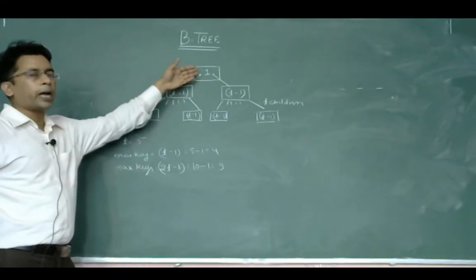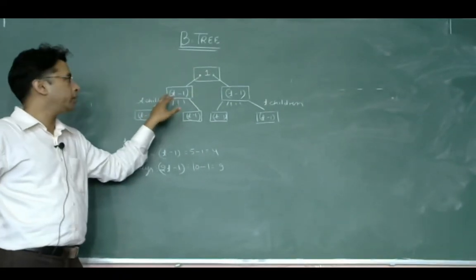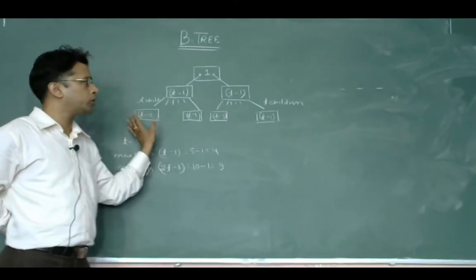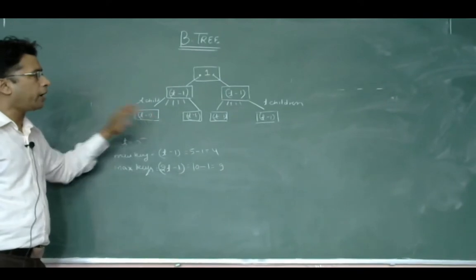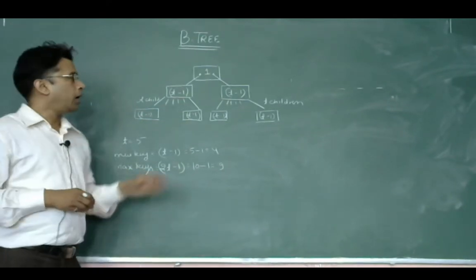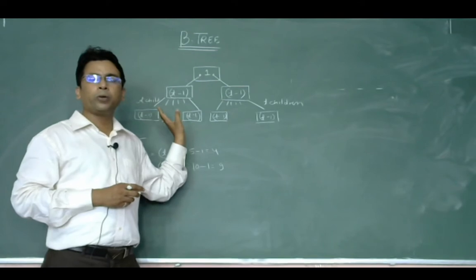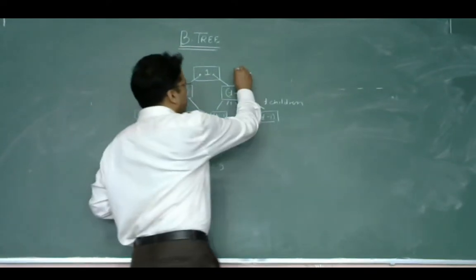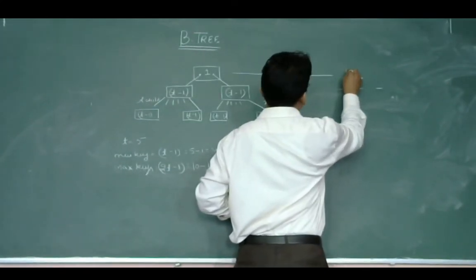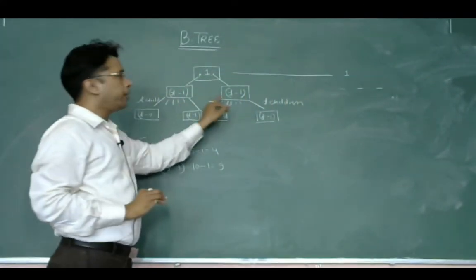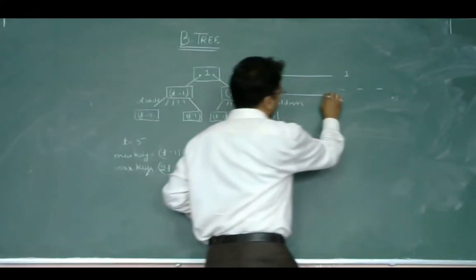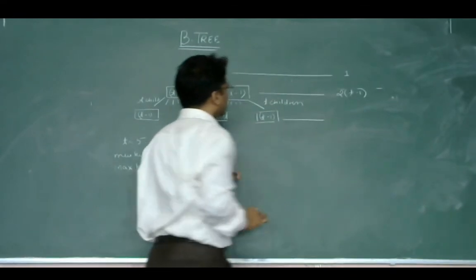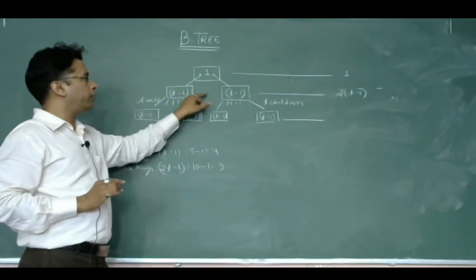So the situation I am taking, the figure will be the same. Here I am assigning each node the minimum number of key elements, t minus 1, like this. And suppose after assigning all this, we shall calculate the number of elements at each node. So at level 0 there is a single node. At level 1 there are 2 nodes. I am considering level 0, level 1, level 2.